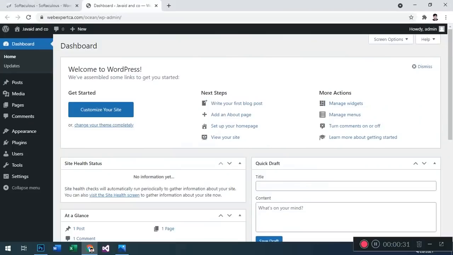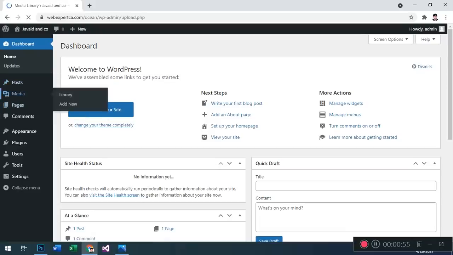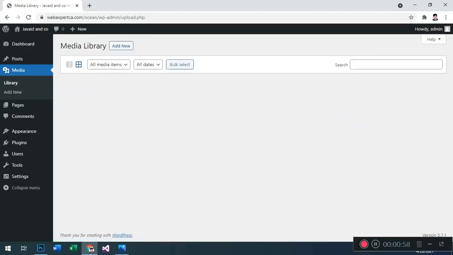First of all, you have to log in to your WordPress dashboard. You can see on the screen that at this time we are at the WordPress dashboard. First of all, I am going to introduce you to the dashboard of WordPress. This is the home. This shows all our posts, add new post, categories and tags we can set here. In this media section you can add any type of media you want to add to your website, like pictures or any videos for trainings.